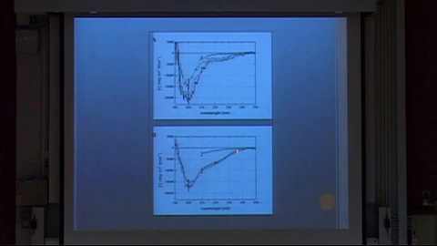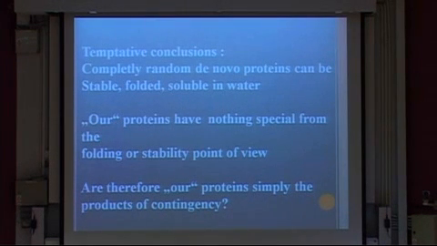So you denature the protein with guanidinium chloride, then you take away the guanidinium chloride, and the structure refolds as it was, showing a kind of reversible denaturation as in our textbooks. So a first tentative conclusion could be that completely random de novo proteins can be stable,